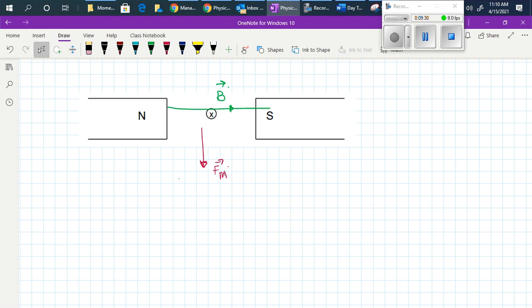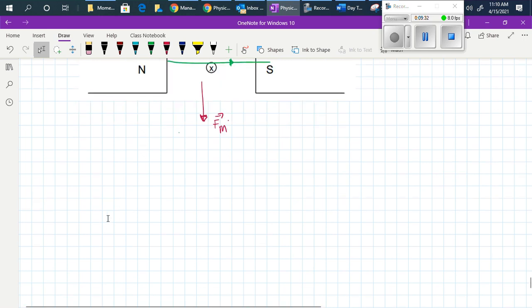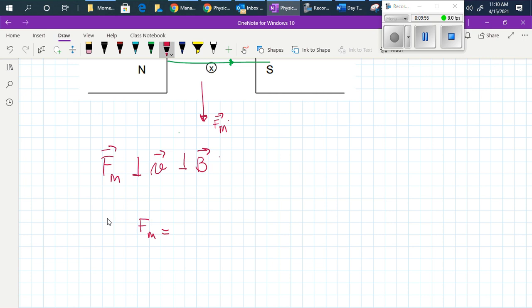Okay, so as I said, magnetic force is always mutually perpendicular. So magnetic force is mutually perpendicular to the velocity and perpendicular to the magnetic field of strength B. Now, again, we are dealing here with direction being defined in one way and magnitude being defined in another way. The formula that calculates the magnitude of the